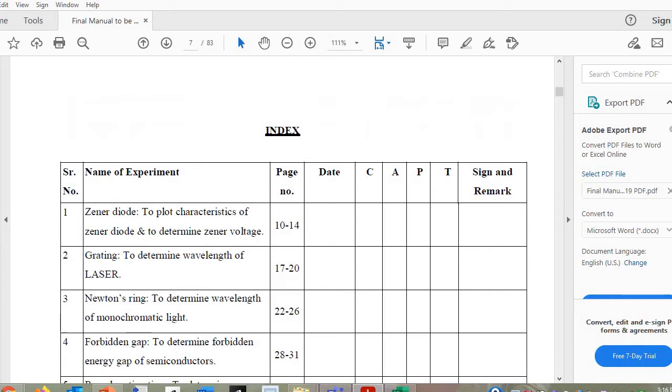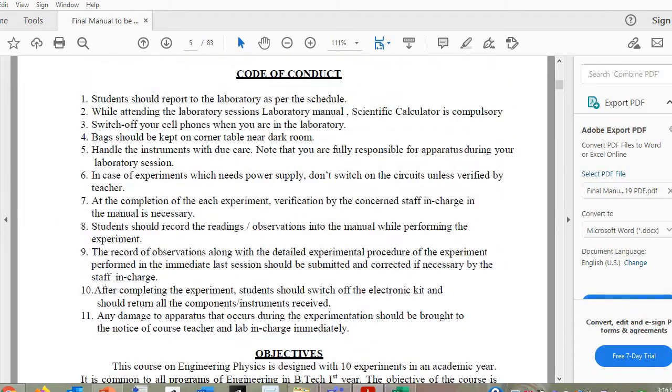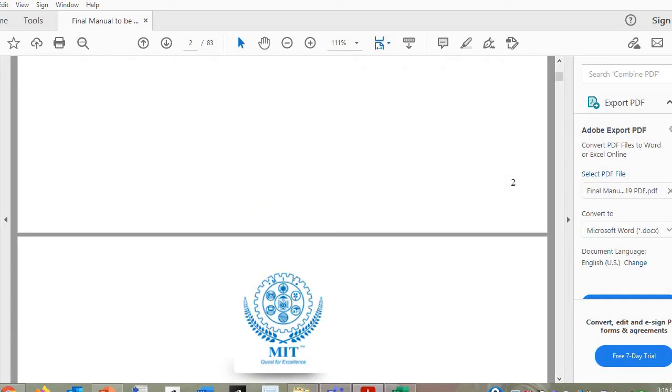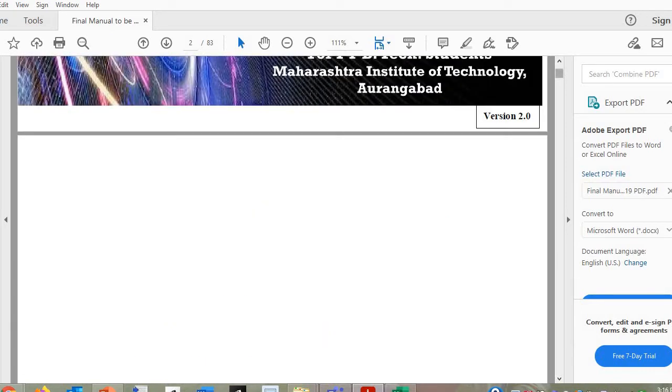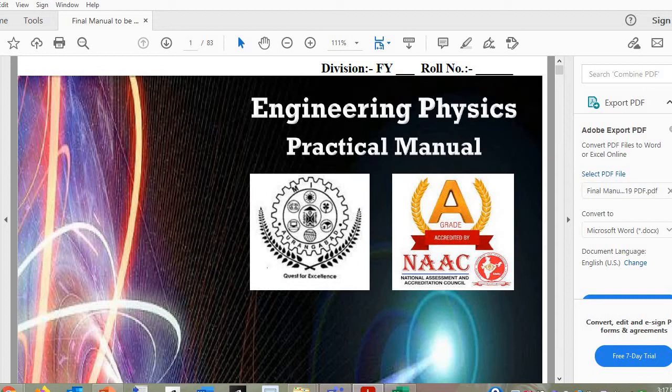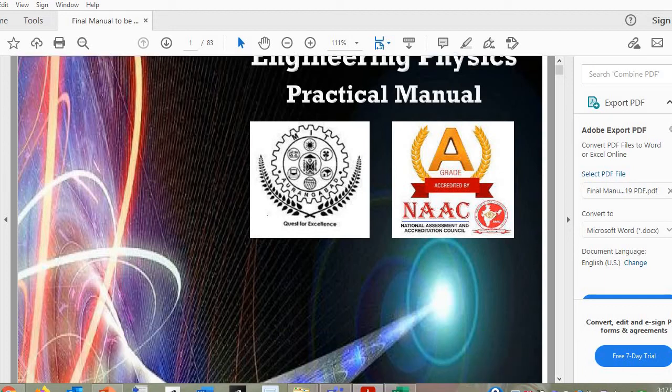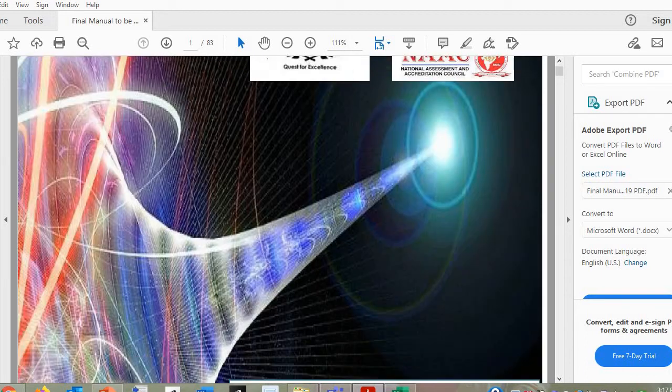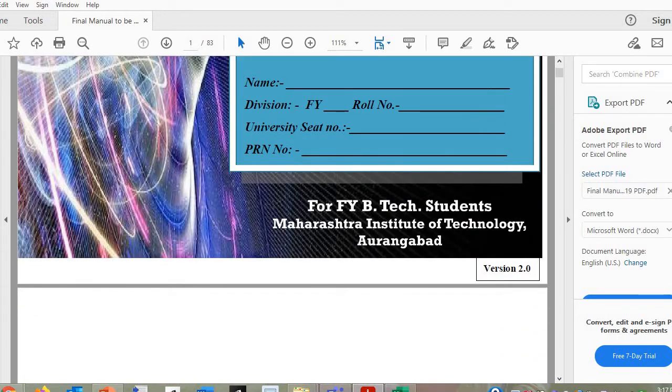Okay, so in continuation with yesterday's discussion, first I'll show you how your engineering physics lab manual looks, and then we will discuss the first experiment, Zener diode characteristics. Yesterday I asked you to enroll on the Genomio site. On that site I have uploaded a copy of the practical lab manual. For your convenience, download that copy, and whatever observations and calculations you do after the practical discussion, put them on this PDF copy.